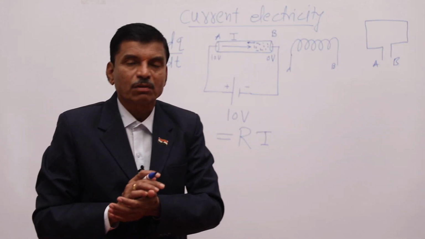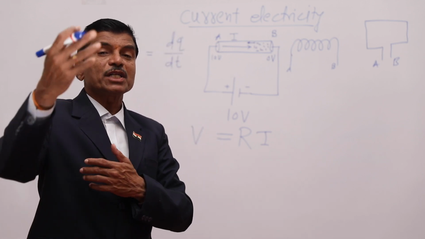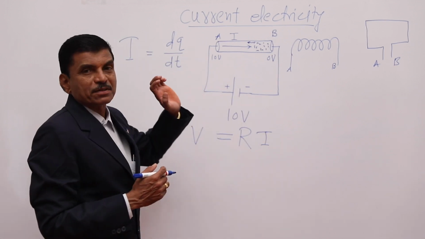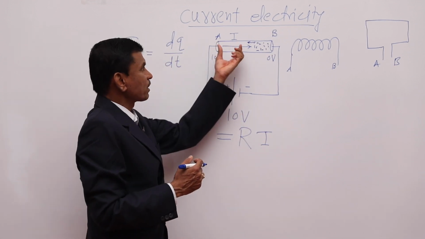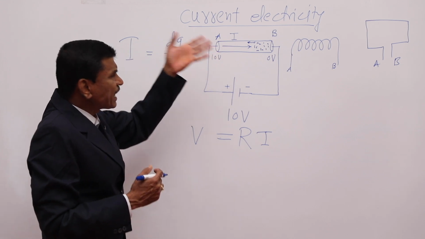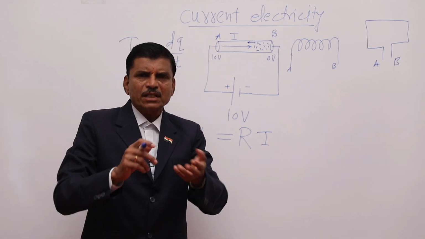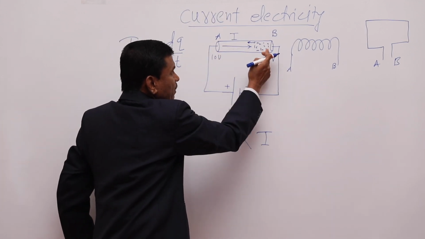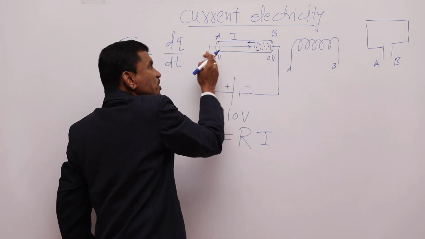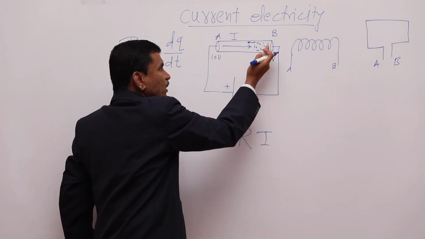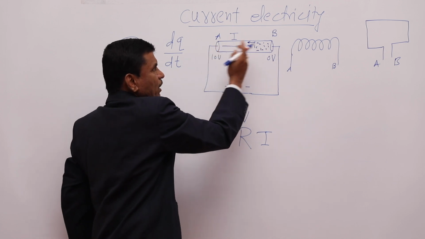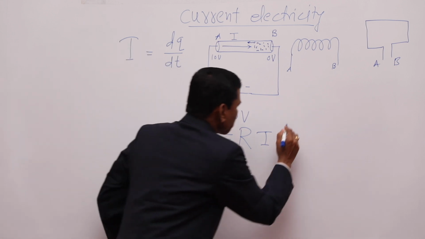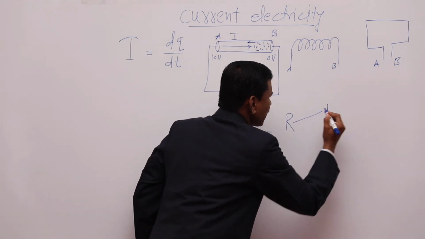Actually, what is Ohm's law? What is the statement? If the physical state of the conductor remains the same, then current is proportional to potential difference. At that time, resistance is constant. So what does physical state contain? The physical state of the conductor contains its length. See here, if length is increased, those electrons will run a longer distance, so they will have many collisions. So as length increases, resistance will increase. So resistance depends, first, on the length of the conductor.